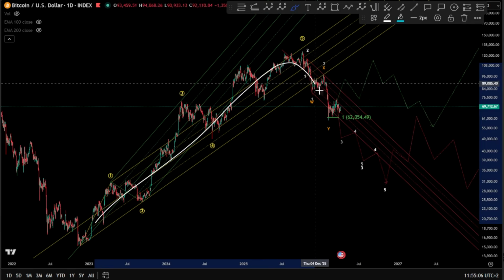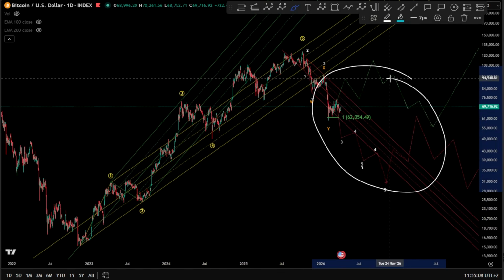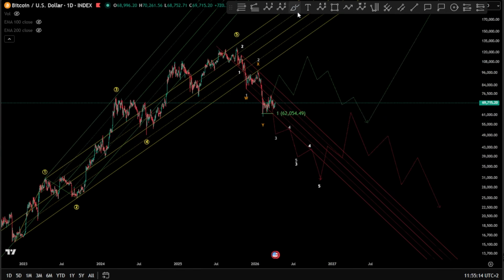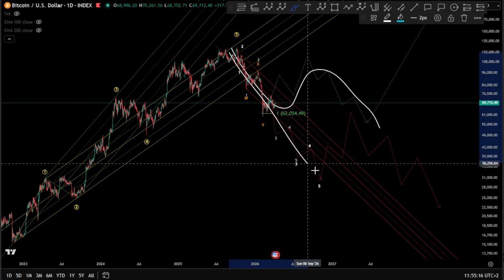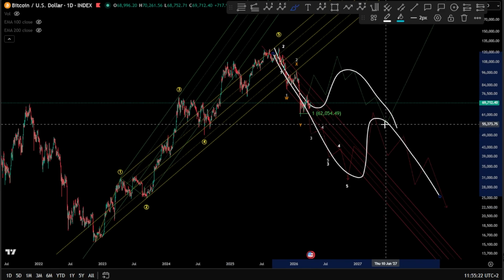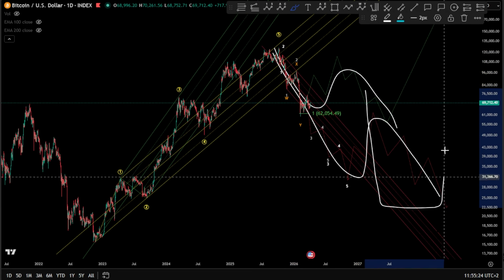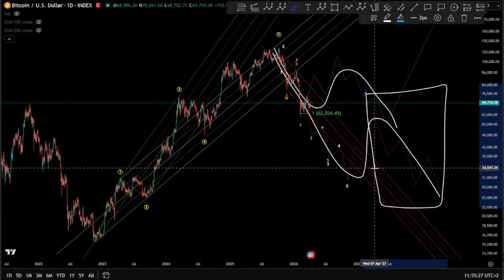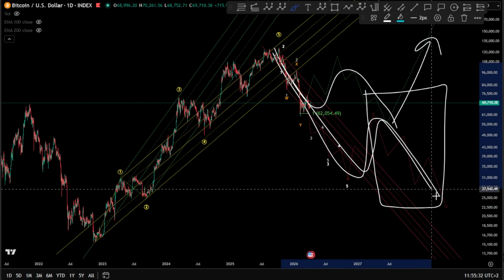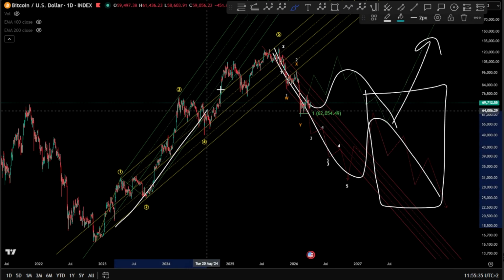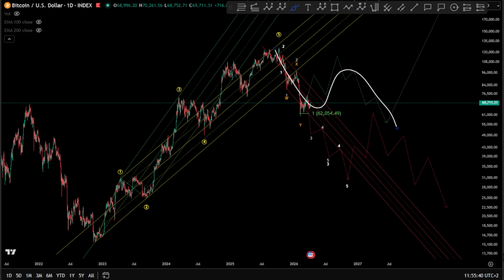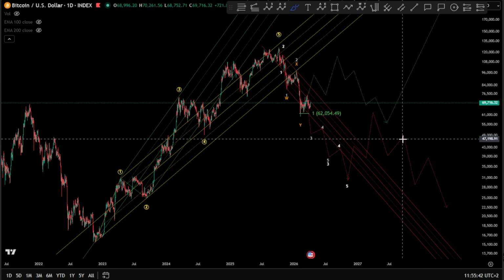Basically, we finished our bull run. We are in our bear market. The question mark is, which bear market are we going to have? Is it the shallow bear market, A, B, and a C, or is it a very deep bear market, A, B, and a C? Both are very possible. The timing range here is very likely for both scenarios, whether you have a shallow one and push for higher, or you dive very deep to reach the 1 to 1.5 time, taking from the 1 to the wave 2, and then pushing for higher in a bull run towards the 200K.